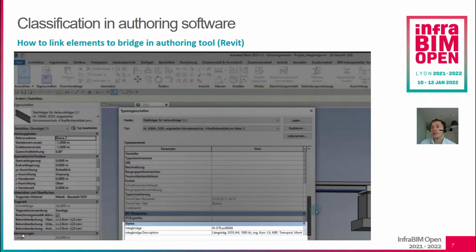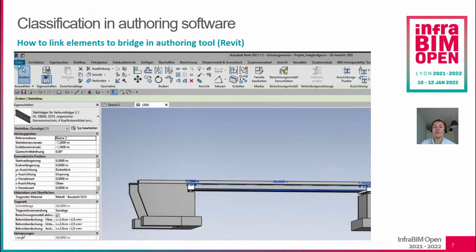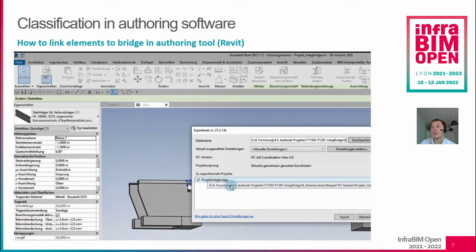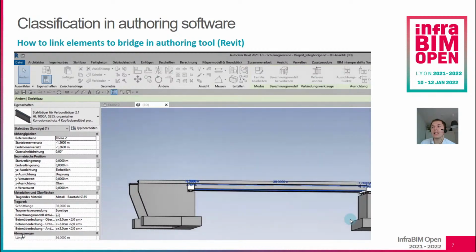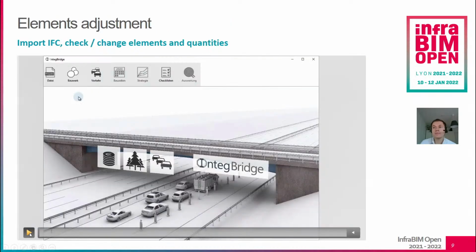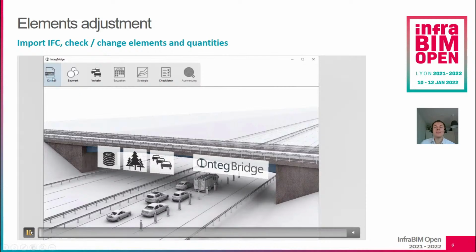We have one attribute which represents the description, which is for the user to see what it means, and we have this code, which is the classification code and used when imported into the software so that the algorithm can see what element was used. So now we just have to export it as an IFC file. To transfer the data into our calculation algorithm, we worked with open and closed BIM approaches, but in the end we went with IFC to be software independent. So now I'm just going to show you how this can look in a prototype.